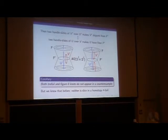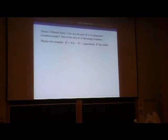Okay, so, since thinking about genus 1 doesn't work, we turn to razor blade manufacturers and let's ask what number comes after 1, and the answer is 2. So we might start thinking about genus 2 fiber knots, and we think of a counterexample there. And because the genus 1 case wasn't so enlightening, we have to start out from the outset to make sure that we're looking at a genus 2 fiber knot, which is slice in some homotopy 4-sphere. And immediately, sort of the simplest example that might come to mind is